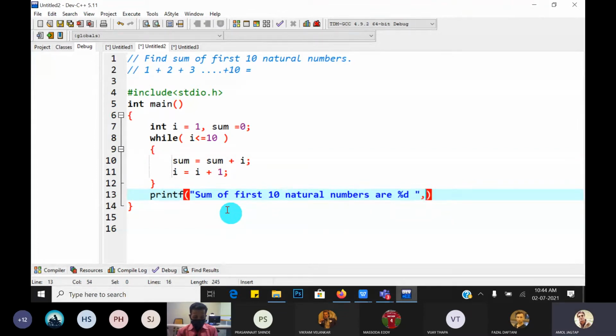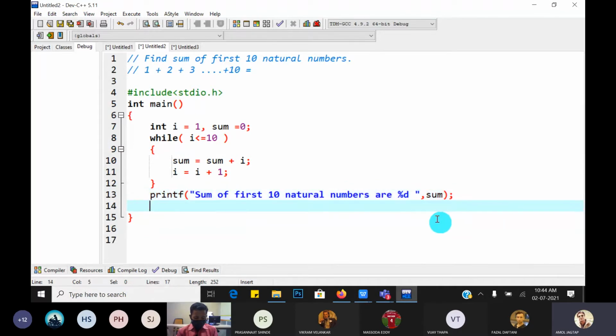So where is the value? In which variable? The sum variable. So write the name of the variable as the same, sum. Okay. Next. The last statement: main function has return type integer, so return 0. That means for our understanding, if the function returns 0, then it successfully terminated the program. And if there is any logical or runtime error and the program terminates in between, then it returns a value other than 0.